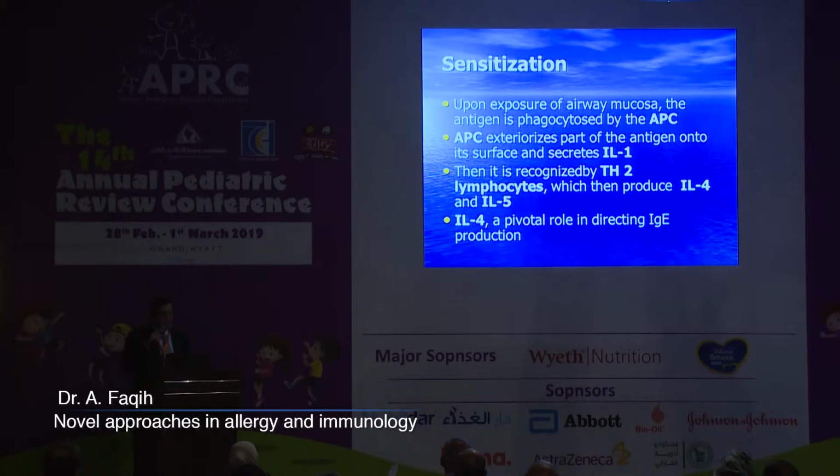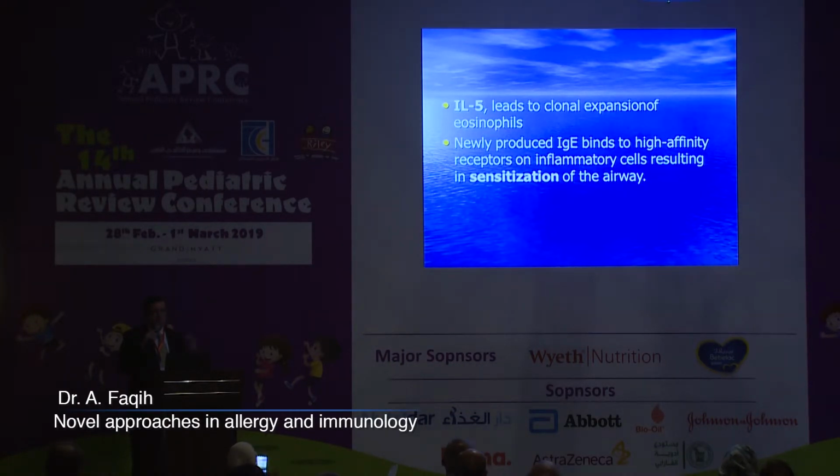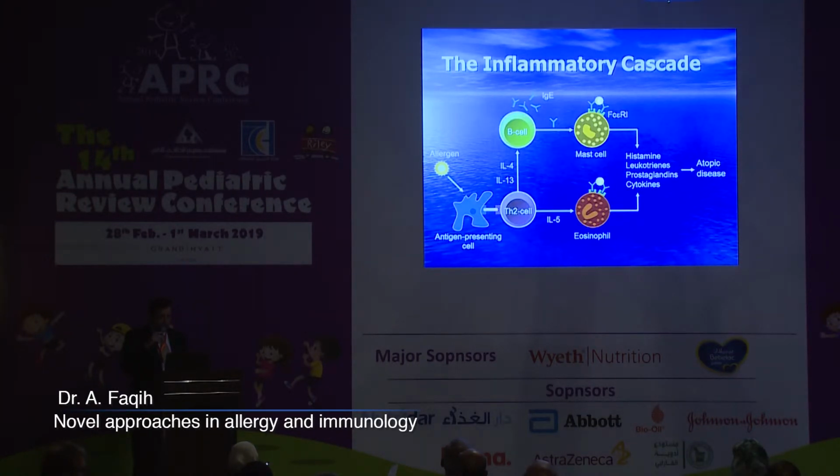interleukin-4 and interleukin-5. In short, interleukin-4 directs the production of more IgE molecules, and interleukin-5 directs the clonal expansion of the eosinophils, the main allergy cells we have. As a result, we have specific IgE forms, and when we get cross-linking of these adjacent IgEs, we have sensitization to that material or that product. In short, as you can see here,